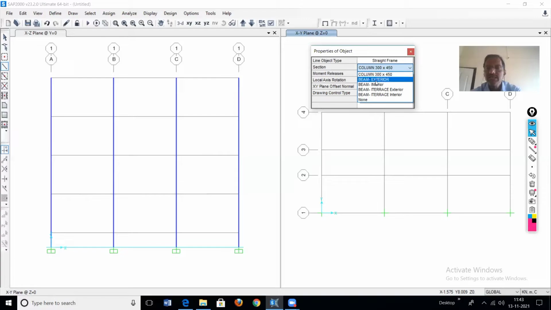So out of this, select any one: beam exterior, beam interior, beam terrace exterior or terrace interior. Just a brace beam is there. So therefore we'll go for the beam interior. Here this thing is there. The external walls are also there. Sorry, we have to select this only, beam exterior.